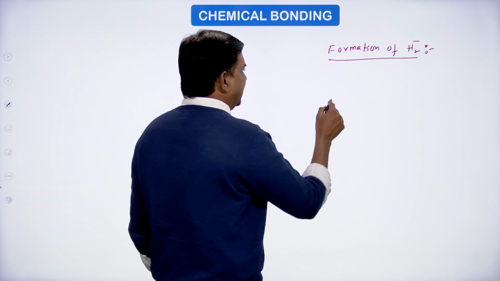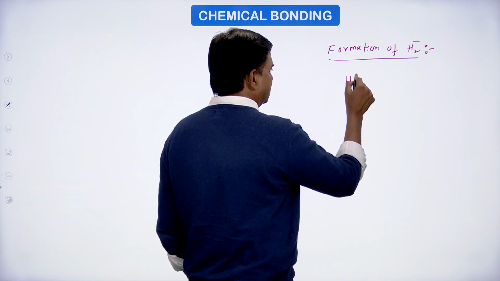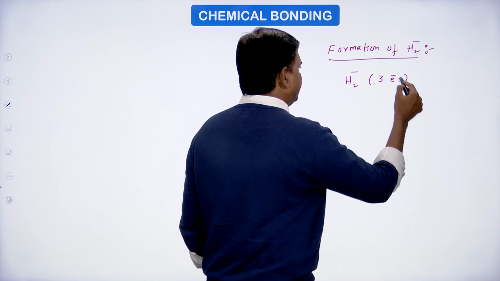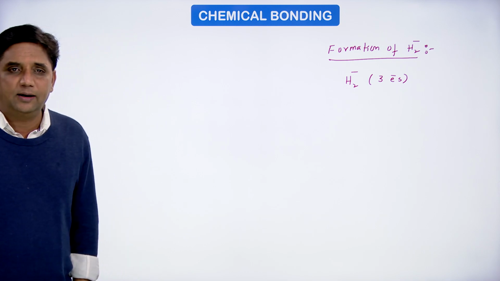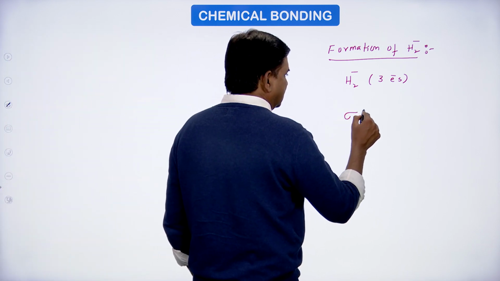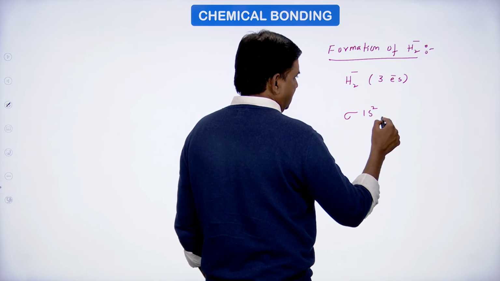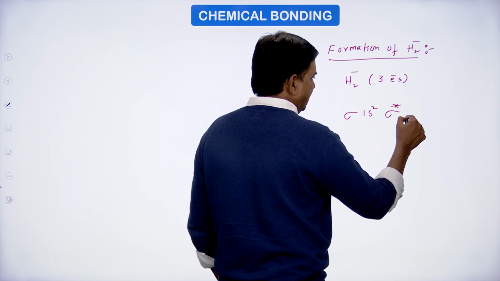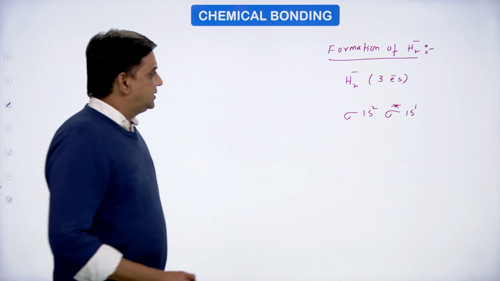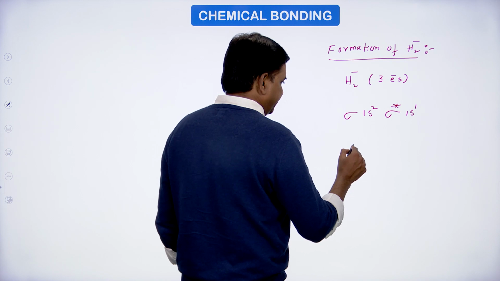The H2 minus ion contains 3 electrons. So this one is sigma 1s2 and sigma star 1s1. And students, here bond order would be